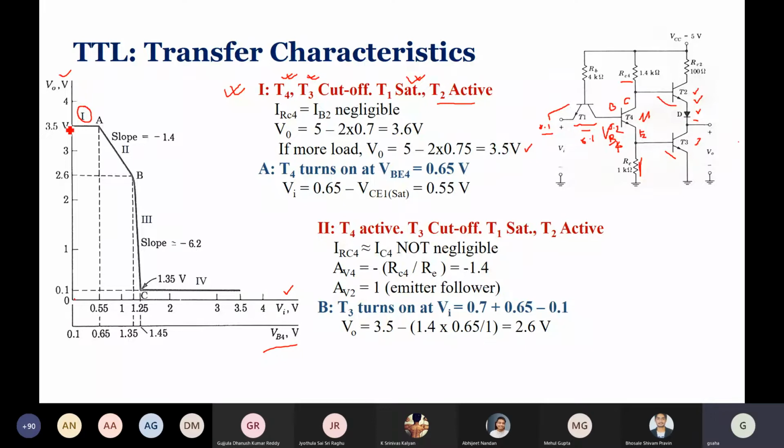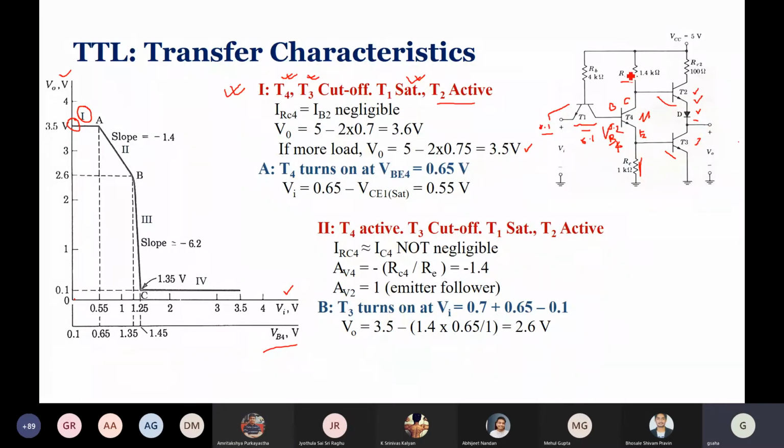Can I get an audio response? 3.5 volt or 3.6 volt for TTL? Can I get an audio response on how we are getting, when it is 0.1 volt or 0 volt in the input, the output is 3.5, 3.6 volt, I mean of that order. It is not 5 volt. Because they are diode drops, right? They are diode drops in the transistor, and this drop is neglected even when the load current is more.